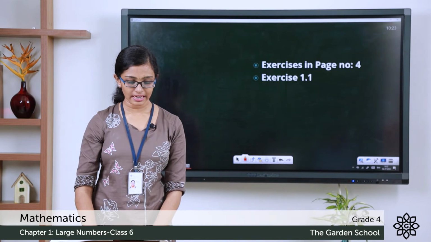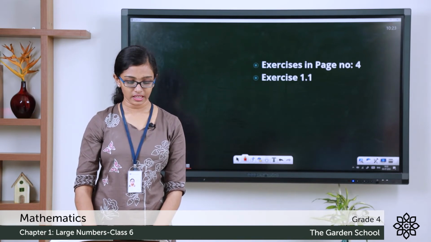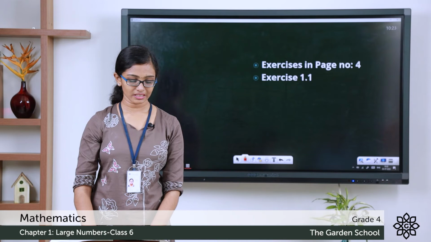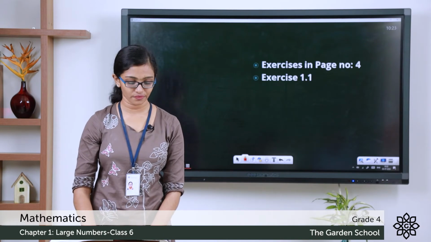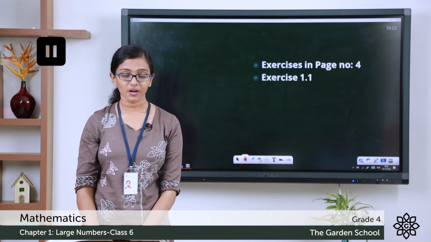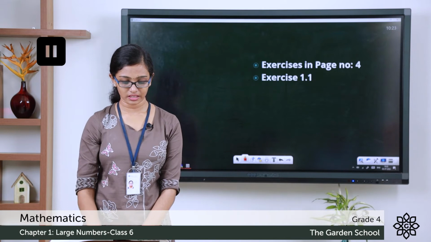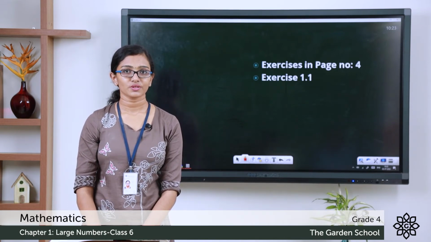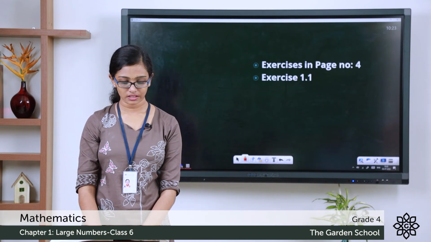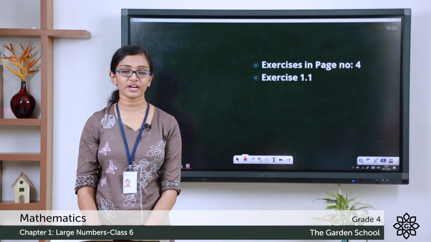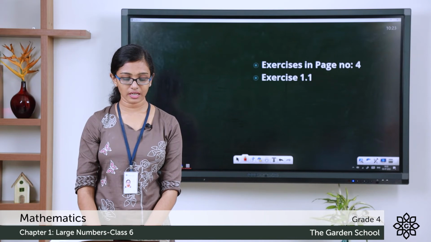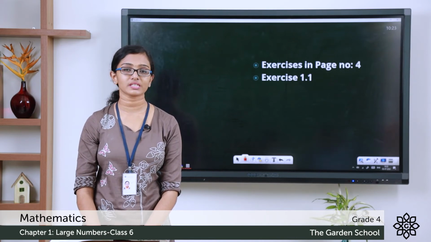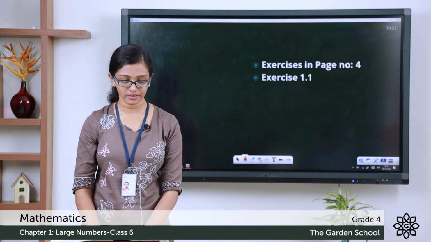The first one, 8,750. 5 is in tens place. So here the place value of 5 is 5 tens or 50. So in all the other cases, please finish the answers and come back. So I hope you have finished all the answers. Now let's check the answers. So question B, 9,560. Here 5 is in hundreds place. So the place value is 5 hundreds or 500.